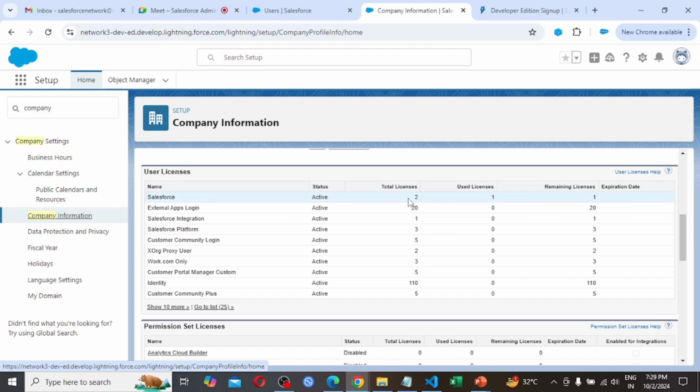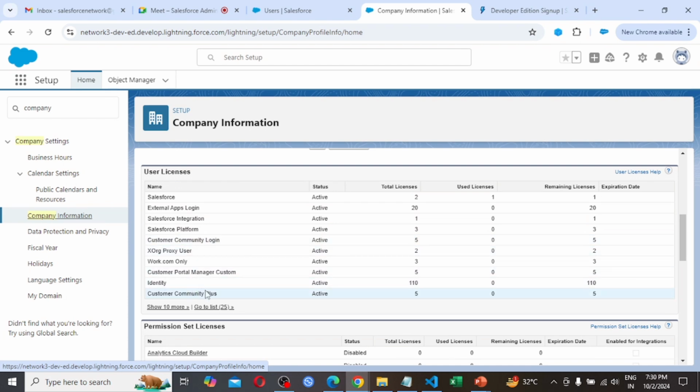for Salesforce. Then again we are seeing so many user licenses are there, but we are not going to see all the licenses. The important and mandatory licenses are like Salesforce license, Salesforce integration license, Salesforce platform license, customer community license.